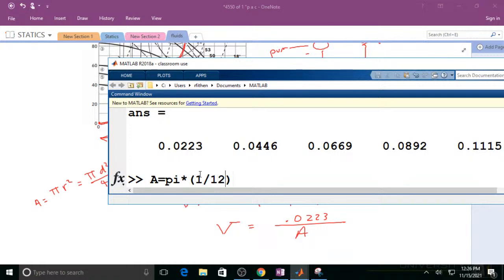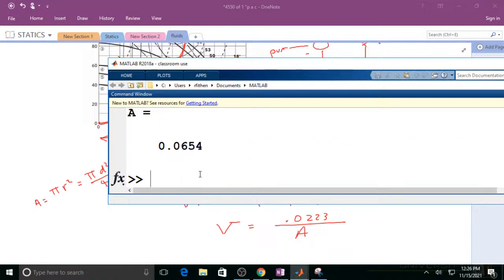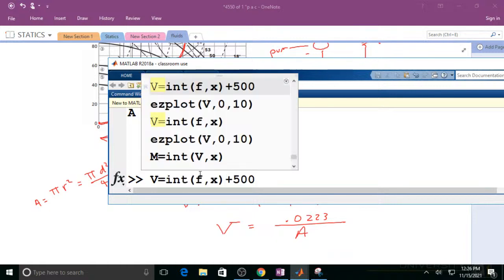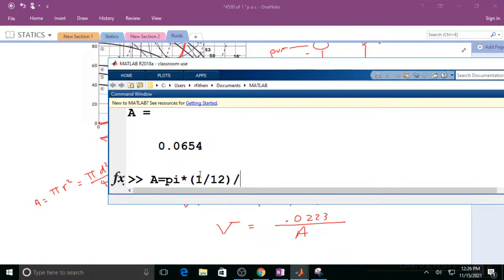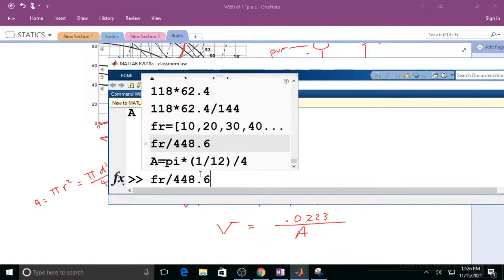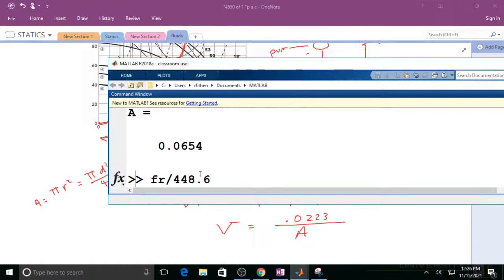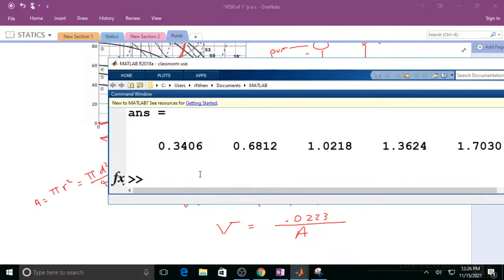I'm having trouble with the shift key for some reason. Divided by 4. So there's my area. So if I want to know the velocity in these pipes, I need to go back and look and see what was my... I did FR, okay. So I'm going to do my area, wait a minute, that's the flow rates, and then divided by the area. That's my velocities